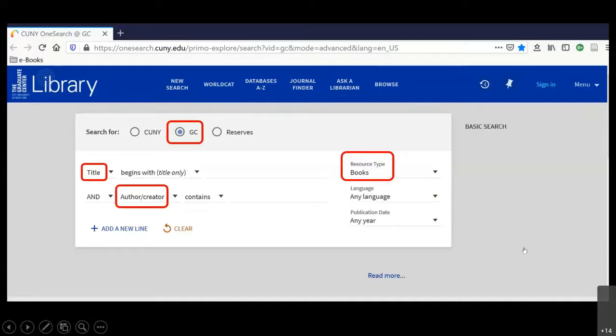So when you're looking for an ebook, the first thing to do is go right here, do a search for the book to see if we already have it as an ebook. And if we do, all you have to do is log in with your GC Network credentials to access the full text. So that's in an ideal world if we have the ebook. But if we don't have the ebook at the Graduate Center,